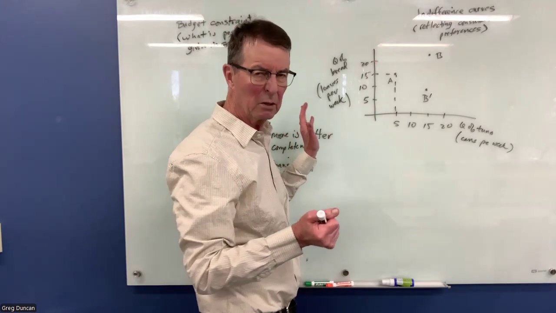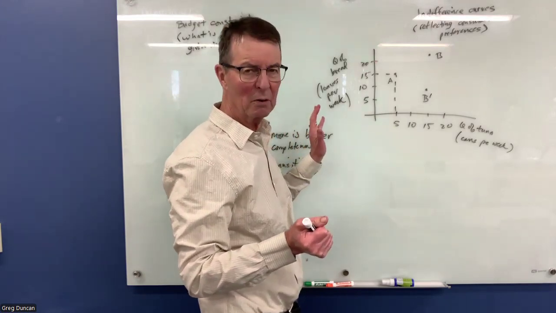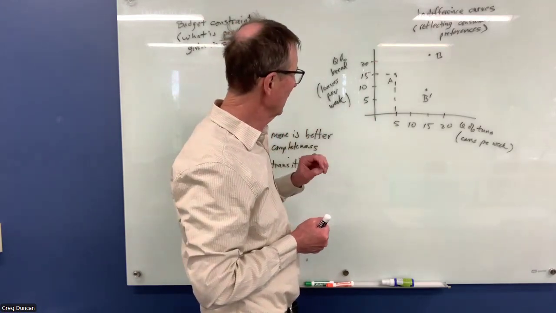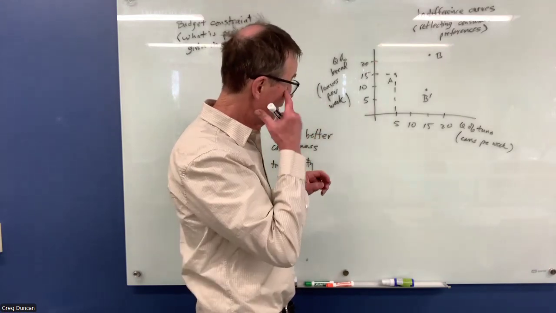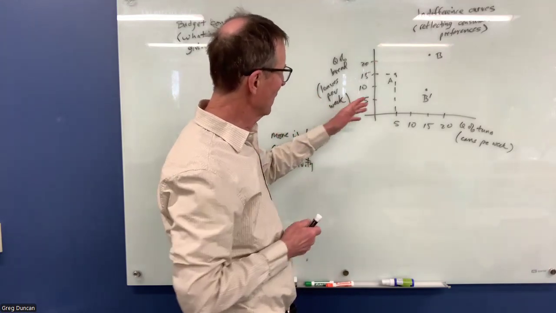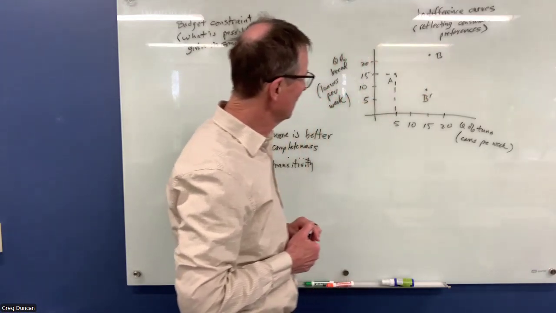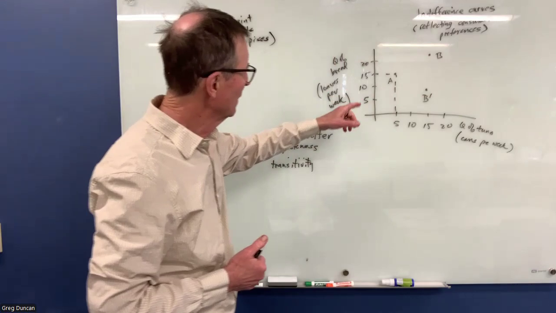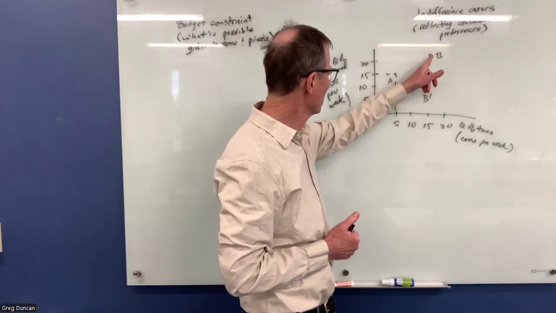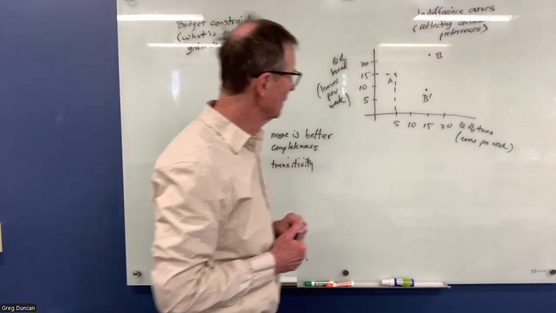Or are you equally satisfied with them? And one of the assumptions is that more is better. That if you're presented with B instead of A, that represents both more bread, more tuna,